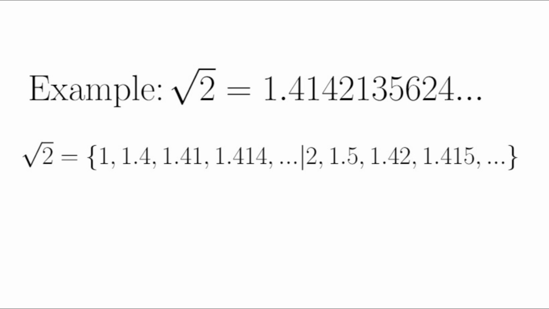For example, the square root of 2 is an irrational number and is equal to 1.414213562, and etc., where this decimal expansion does not stop or repeat. This can be expressed as the form xL xR, where xL is the set 1, 1.4, 1.41, 1.414, etc., and xR is the set 2, 1.5, 1.42, 1.415, etc. These sequences of rational numbers are monotone increasing and decreasing respectively, but both converge to root 2.